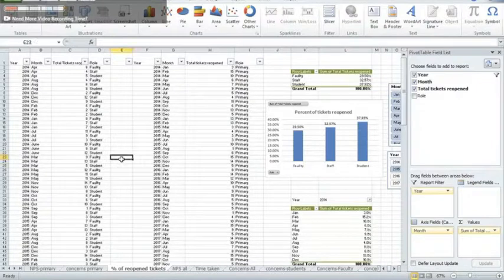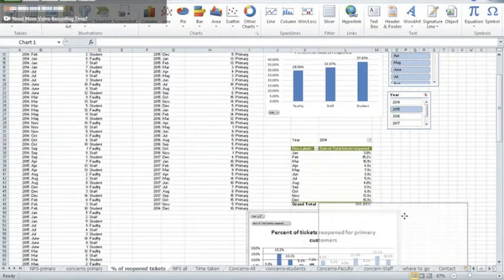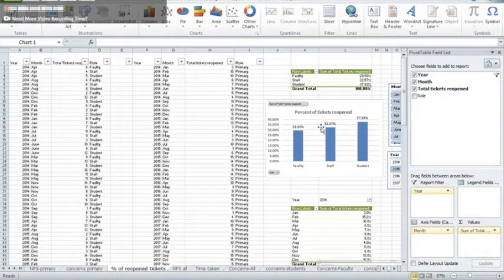We also have an important metric of percentage of tickets reopened, which is one of the leading indicators. So this is what the mock data looks like. We have columns year, month, total number of tickets reopened every month, and then we have role. We have created separate columns for primary customers and for other customers, because we believe primary customers are the most important customers for the UIT. Hence we have a separate graph for primary customers, whereas we have one graph for all the customers.